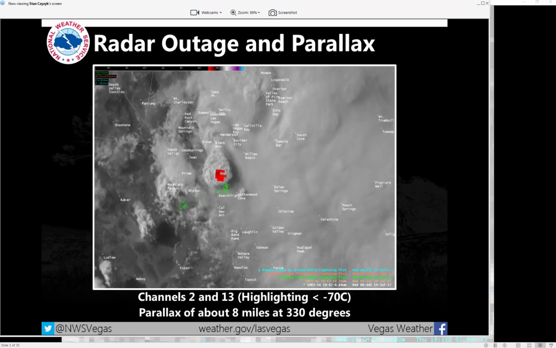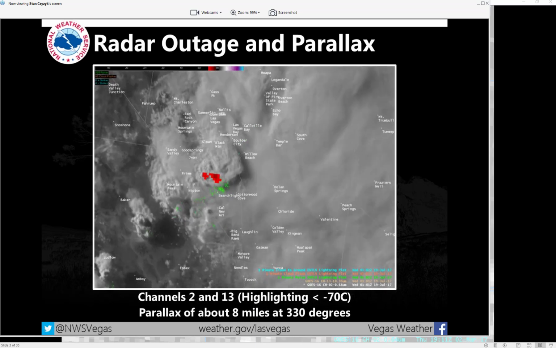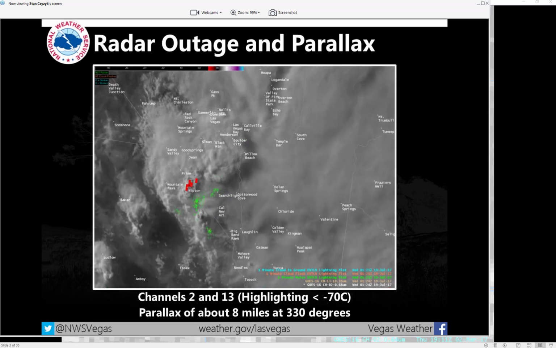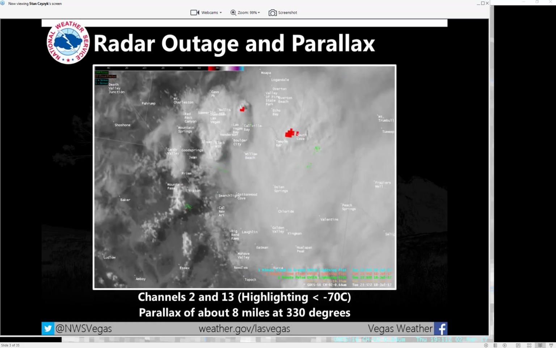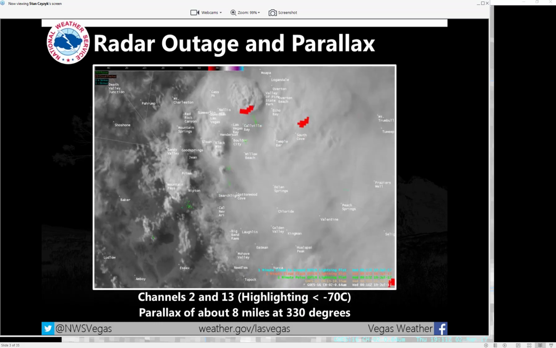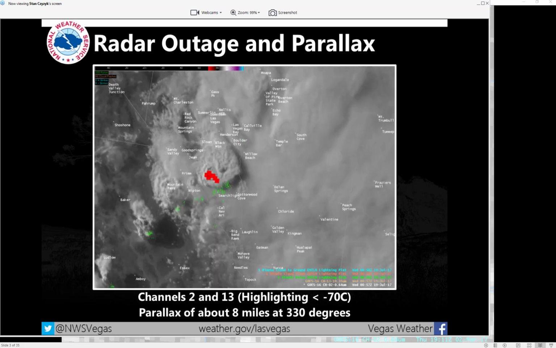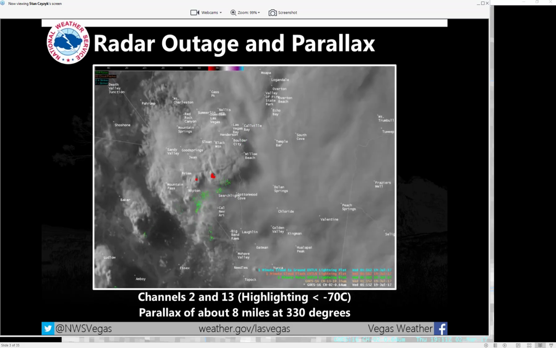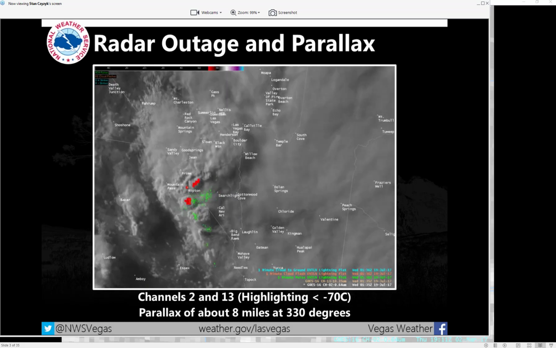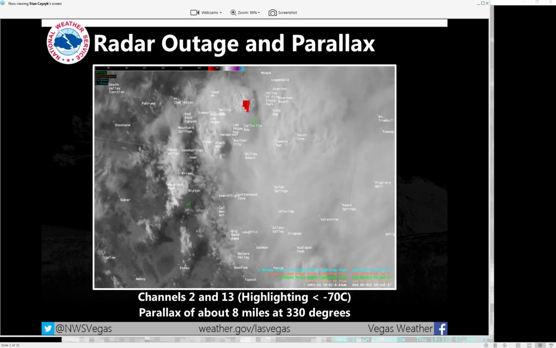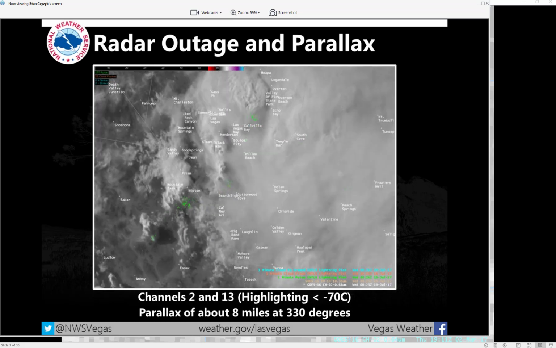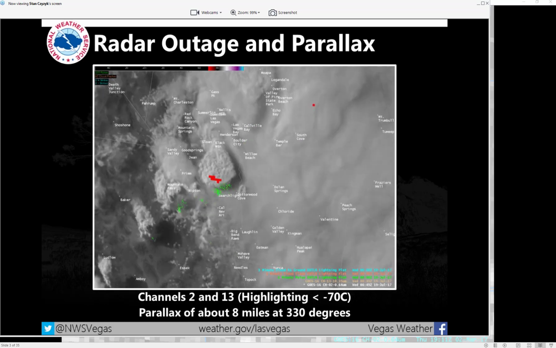On here I've got channel 2 visible and channel 13 IR. I've got the areas colder than minus 70 C highlighted. You can see some really strong convection this day. And I've also got lightning data thrown on there. And you can see that the parallax between the lightning and the convective towers is about 8 miles at about